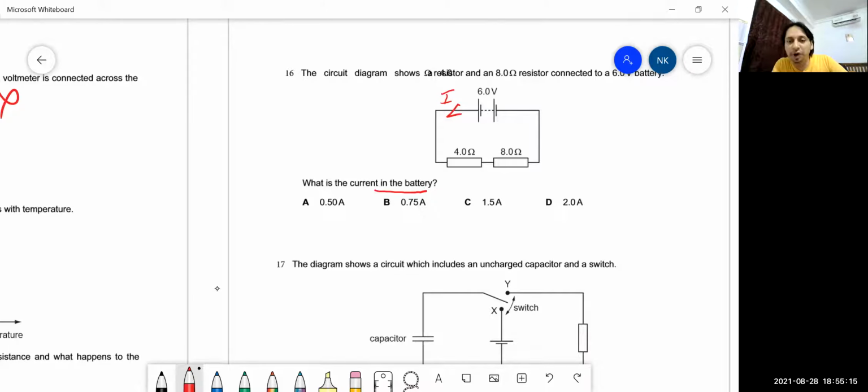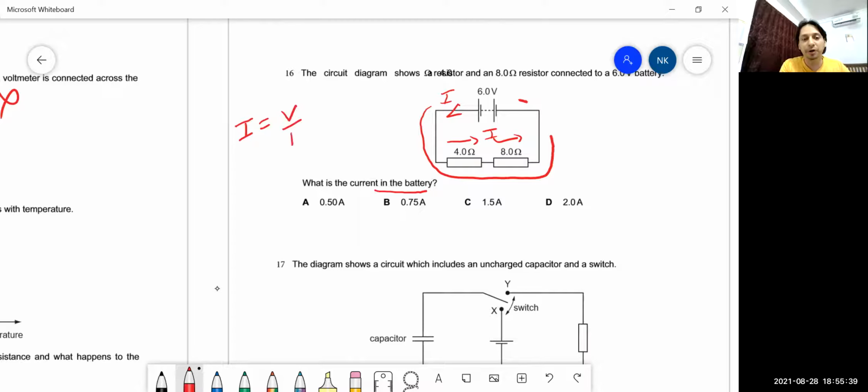In this situation, you have to look, children, whether the resistances are in parallel or in series. I can see that there is only a single loop, and in this single loop, the same current is passing through each resistor. The current is the same, so it is a series combination. Let me write the equation to measure the current. I is equal to V upon R. Now children, don't be confused. I is also given by I is equal to Q by T. We have also the definition of current, I is equal to Q by T. In this question, neither the time is given, nor how much charge is flowing, so Q is not given.